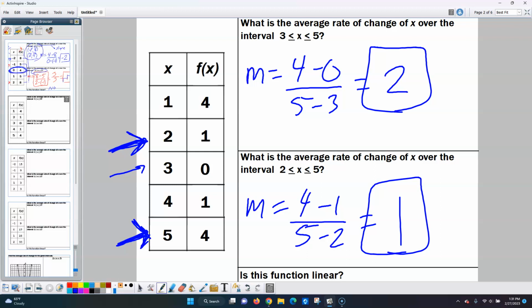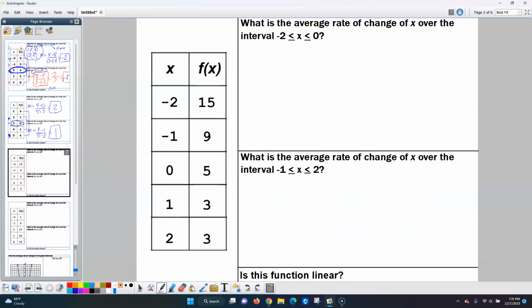Once again, I think it's going to be quadratic. At least it's going to be an even function. So like that is my vertex, and I've got some sort of mirror going on both sides of that thing. Average rate of change from -2 to 0. So from right there to right there, I'm going to have